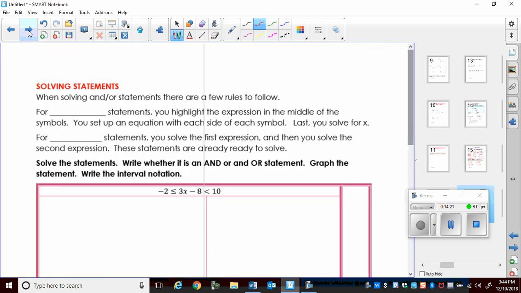The next section covers solving these AND and OR statements. So that's going to be video number